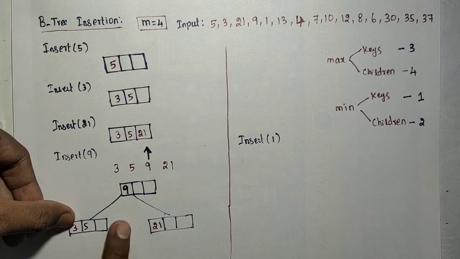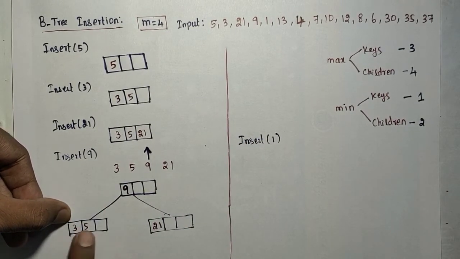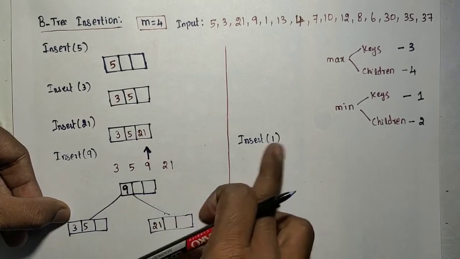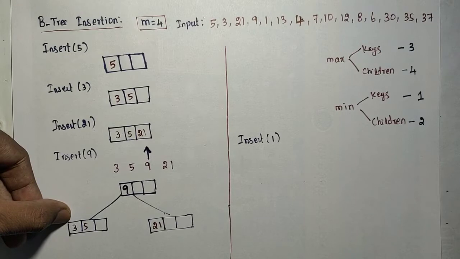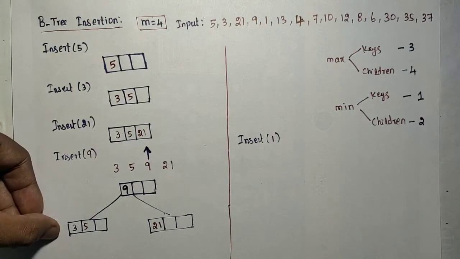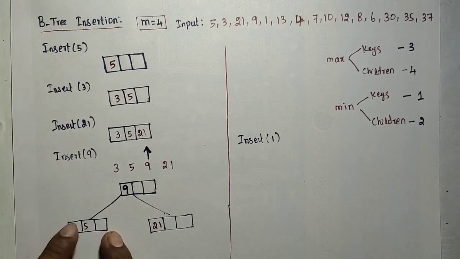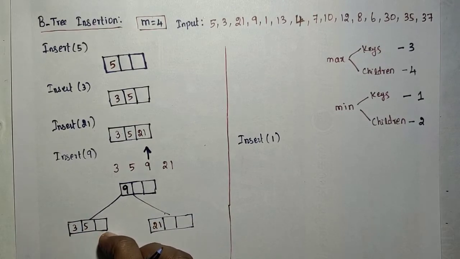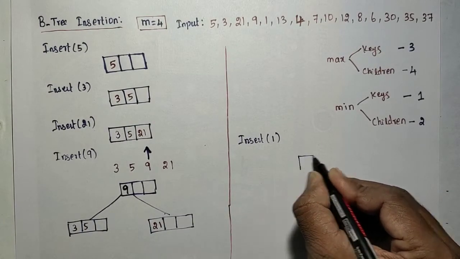It means that this is the leaf node. So 1 can be inserted in that leaf node because there is no further level. In that leaf the space is available, that is what we have to check. So the 1 can be inserted in that leaf. Since the space is available, we can simply insert the 1 into the left leaf, so the tree will now be 9.